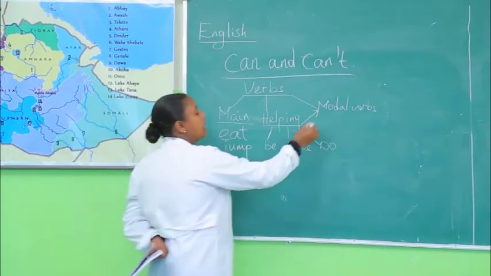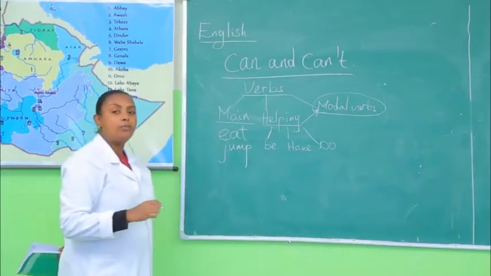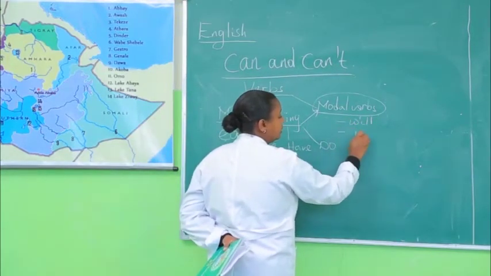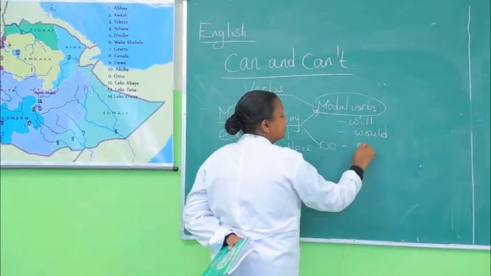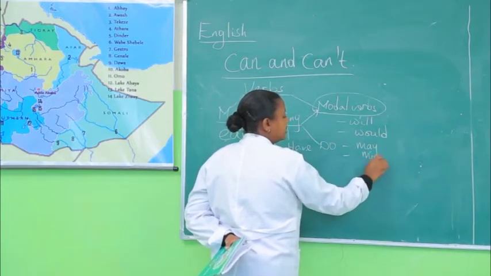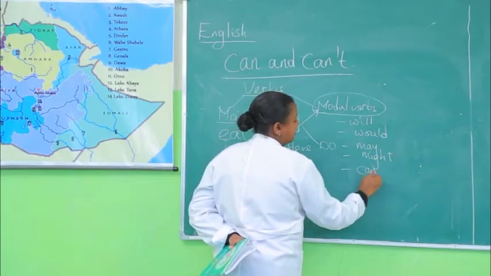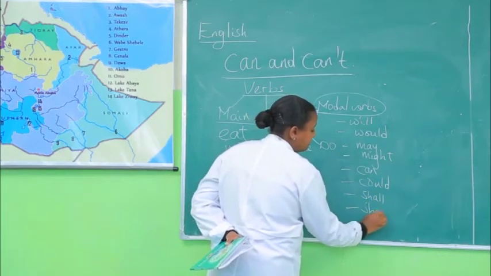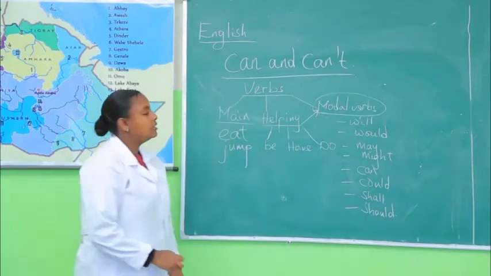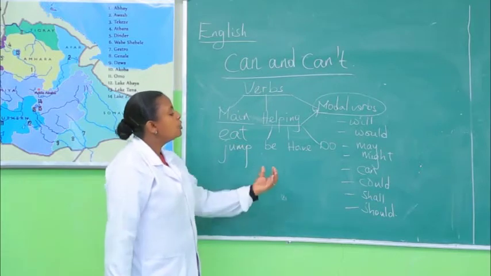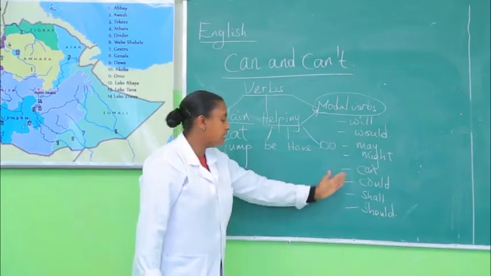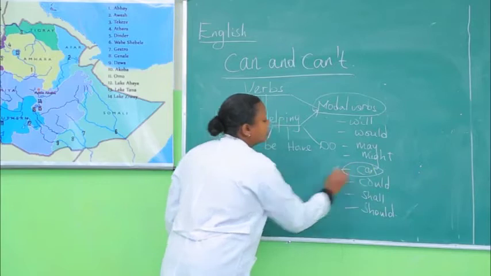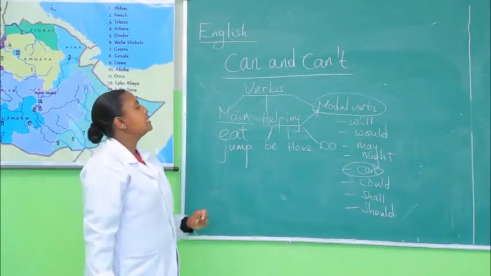So what are modal verbs? Verbs that will help us to make sentences, like will, would in the past tense, may, might, can, could, shall, should. These are modal verbs. We can use them in different structures. From all these, we are going to use only can for today. Can is a verb